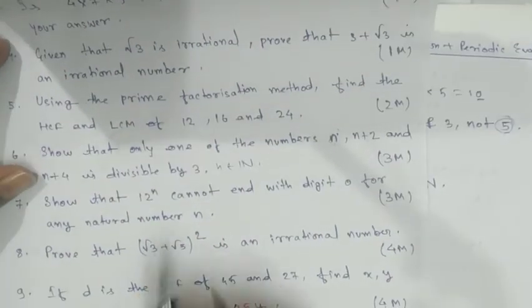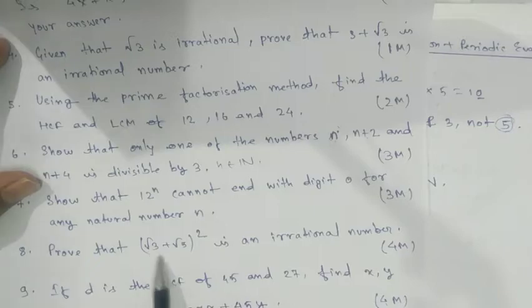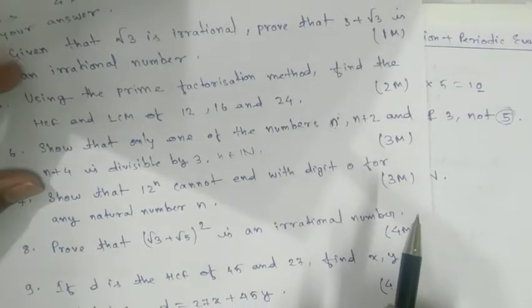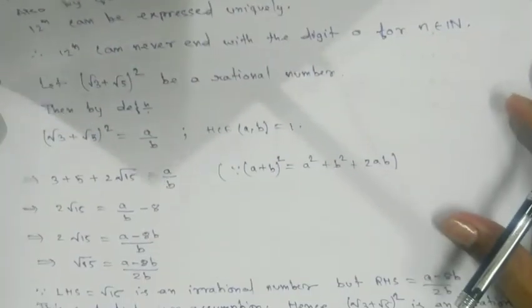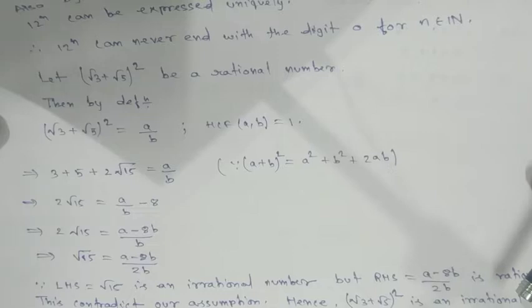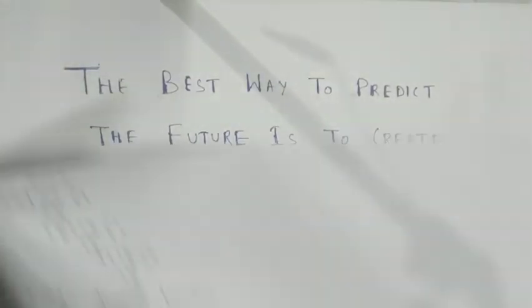Question number 8, you can see, prove that root 3 plus root 5 whole square is an irrational number. The same contradiction method will apply here. Here we have already discussed this. Okay. Next, question number 9. So last question, you can see,